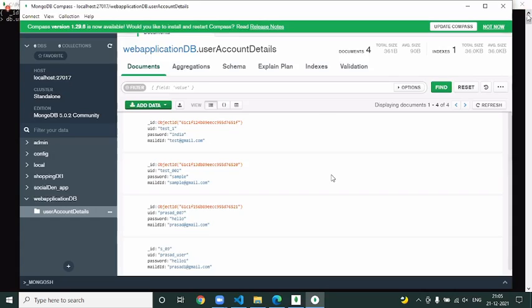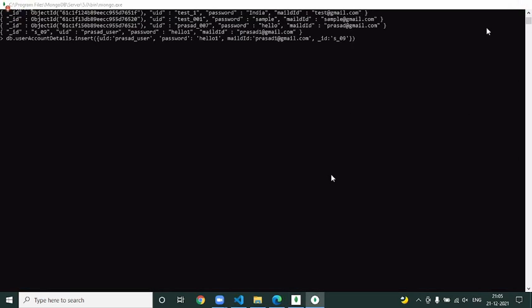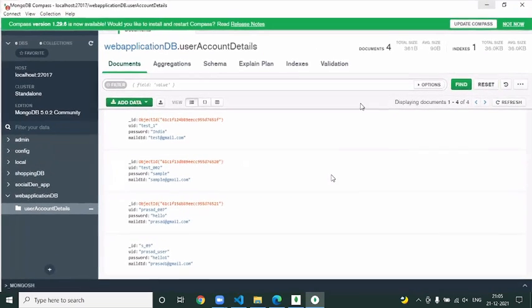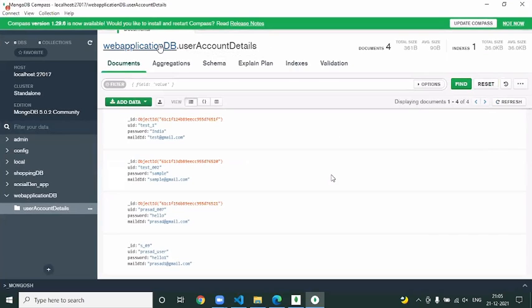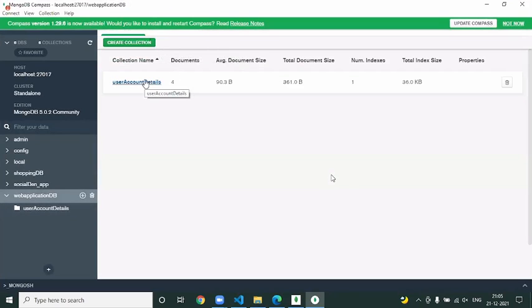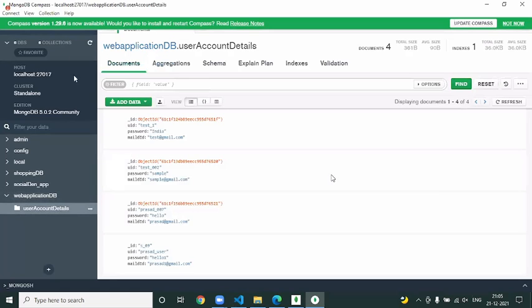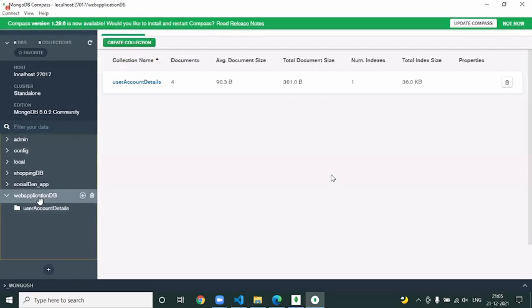Not only this, if you want to create a collection. Right now you see under this DB, you have only one collection. Click on web application DB. Here you have a plus option, right?